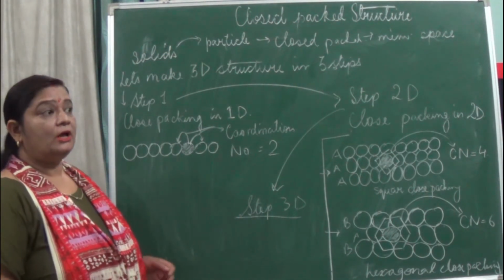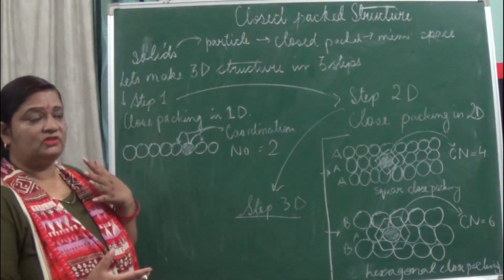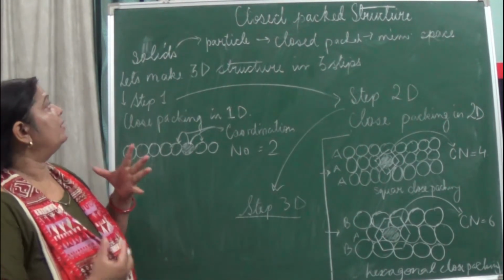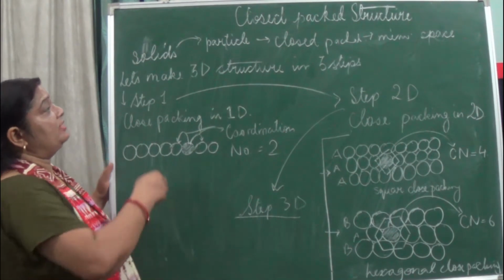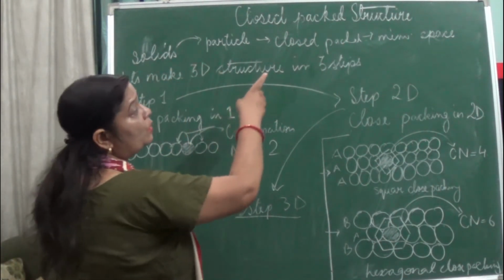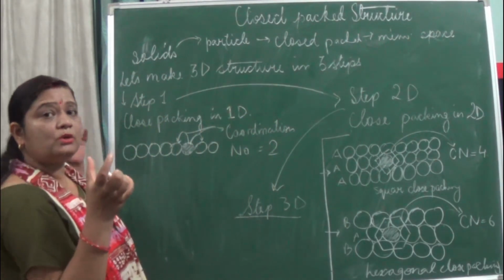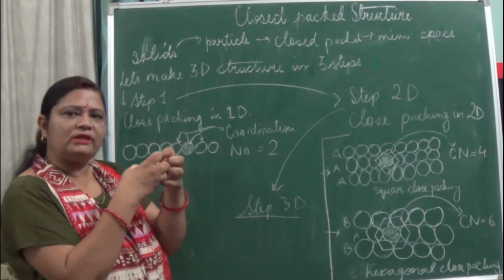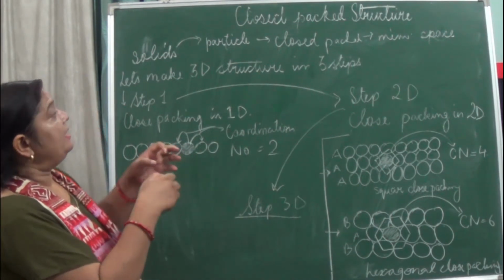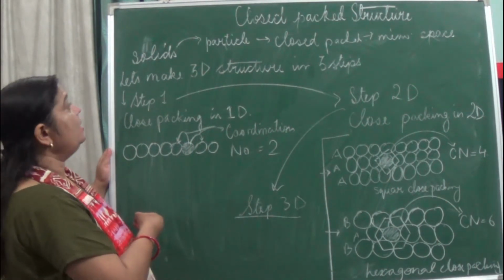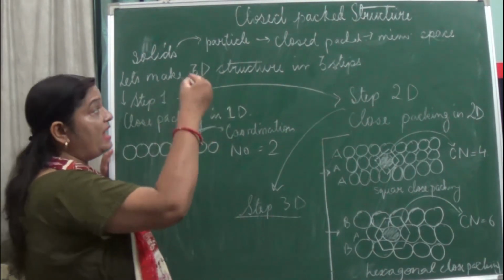3-dimensional structure. So, forming a 3-dimensional structure, how these atoms are arranged. Now solids, if you are seeing, these solids are nothing but particles, and they are closely packed. If they are so closely packed, then a minimum amount of space will be there in between the atoms, isn't it? So here, when we are going to study this close packed structure,